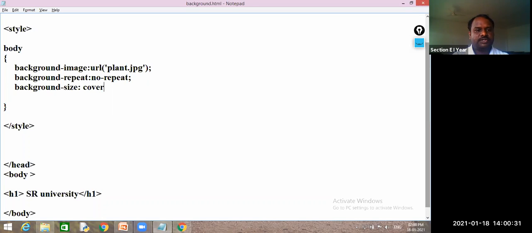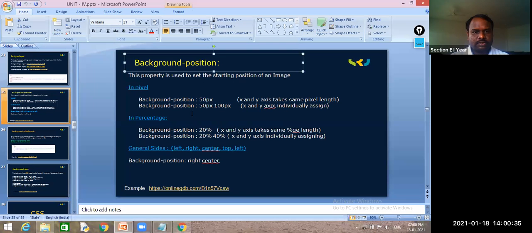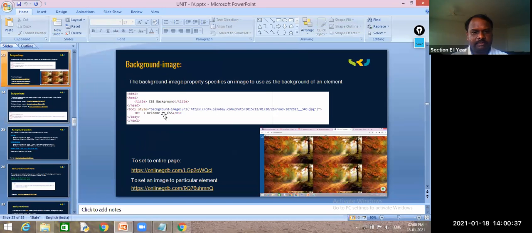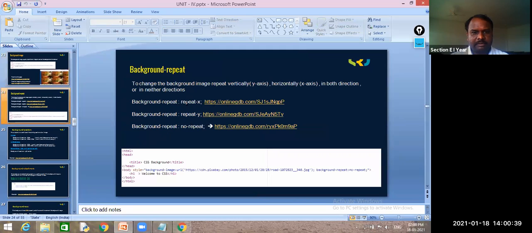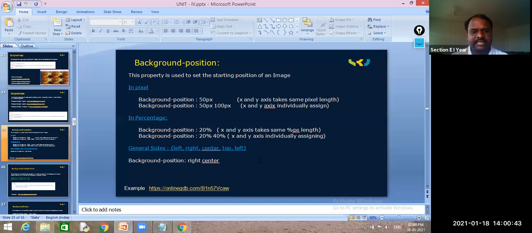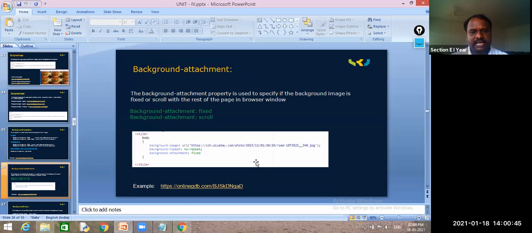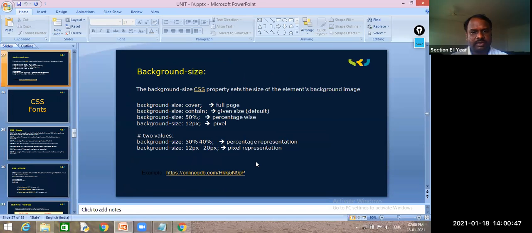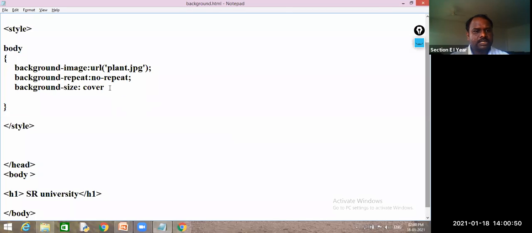See, all these values are present in your PPT. Don't worry. So here, background-position, background-image, and the background-repeat values, repeat-x, repeat-y, no-repeat, everything is present here. I will just tell you how to do this one. So the first value is cover.